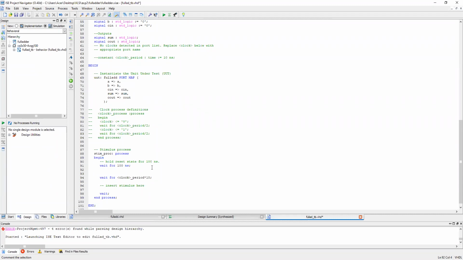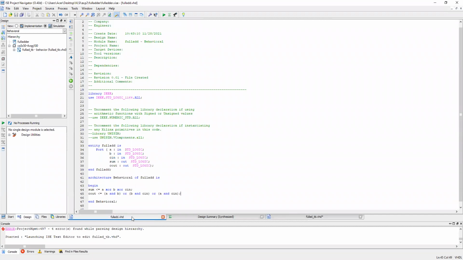That means for these inputs, we are expecting sum as 0. What about Cout? You can calculate from these equations. See these equations. A0 ANDed with B1, that is 0.